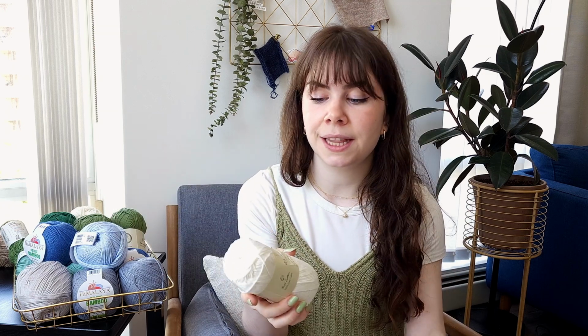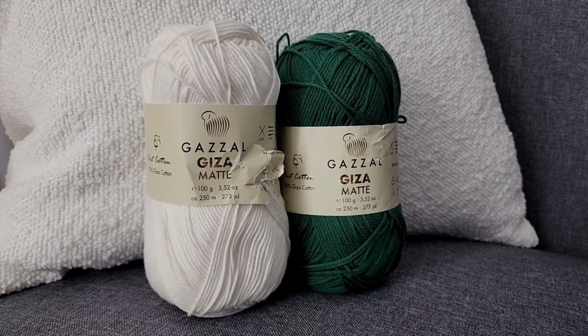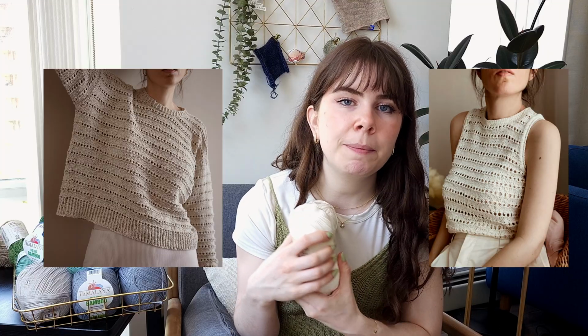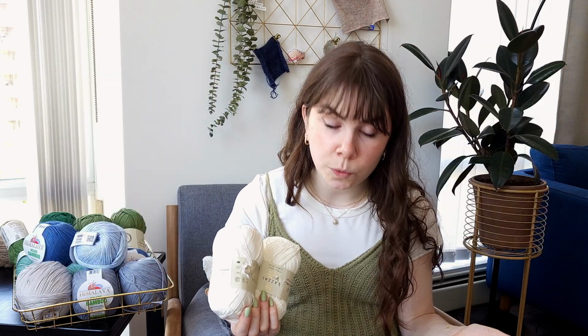I would actually really knit this up with a cotton yarn, and I have a few of these. This is the Gizza matte cotton by Gazzal. This is a Turkish yarn. On most of these skeins, the packaging did get a little bit ruined in the trip, but that is fine. I can still read it. Of course, depending on how much yarn you have and if you want to make it a long sleeve or a short sleeve, it depends which one you would choose, but I actually love the little holey design